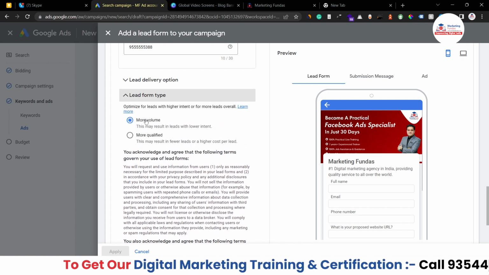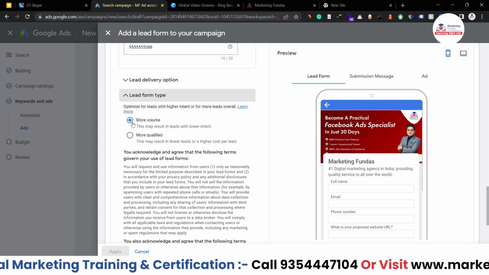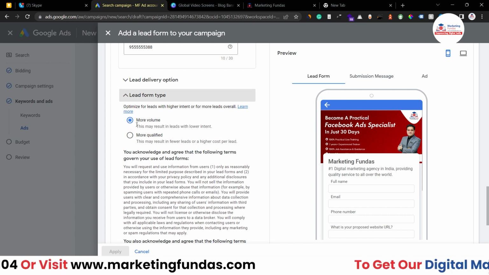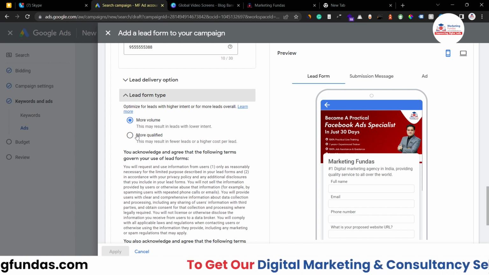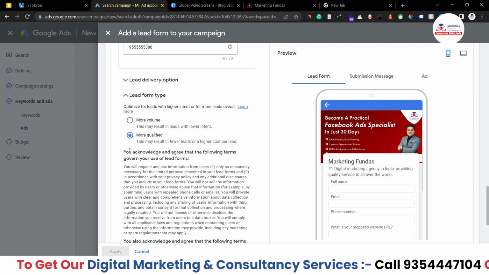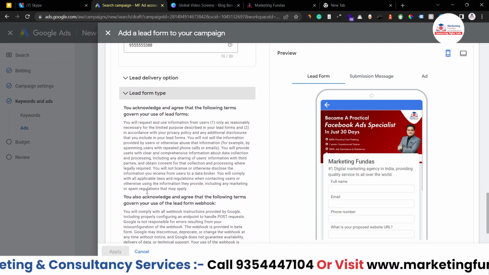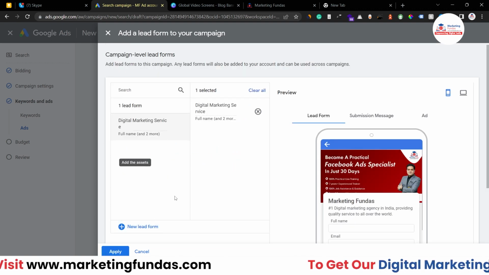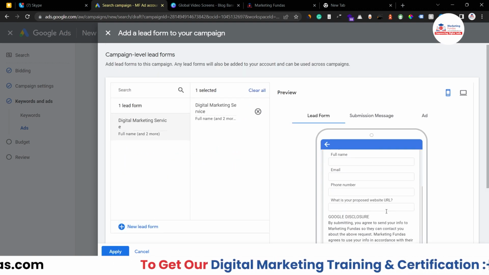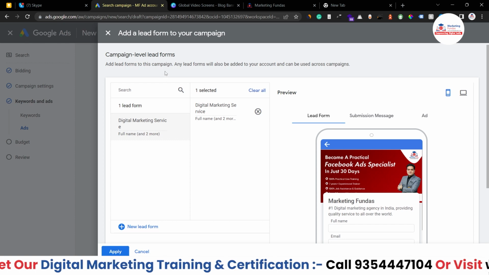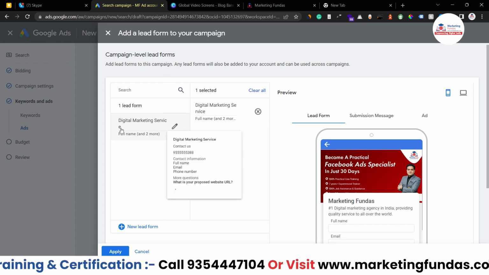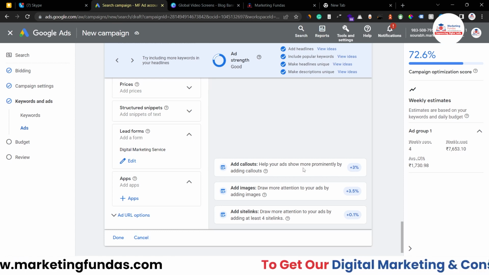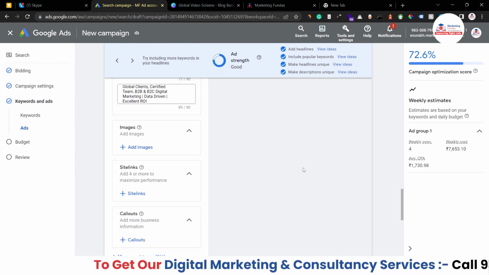Then we have lead form type. So what type of result do you want from your lead form? More volume or more qualified? So I want more qualified, right? So everything is done. Now just hit the save button, and your lead form has been saved. This is the lead form, right? Now select this lead form and apply, and the lead form has been applied to your ad,